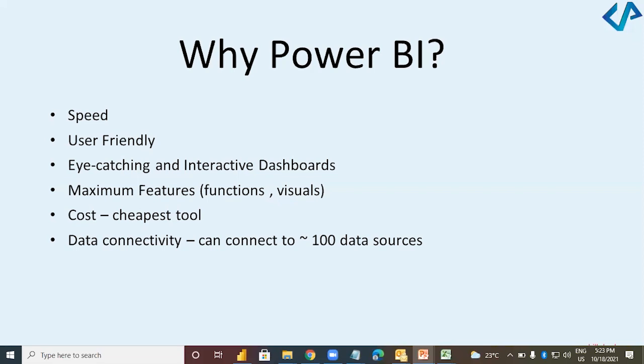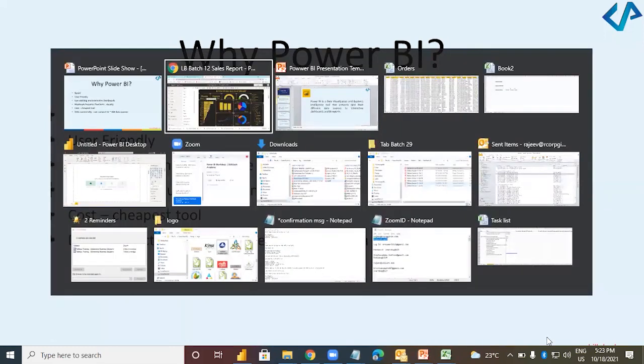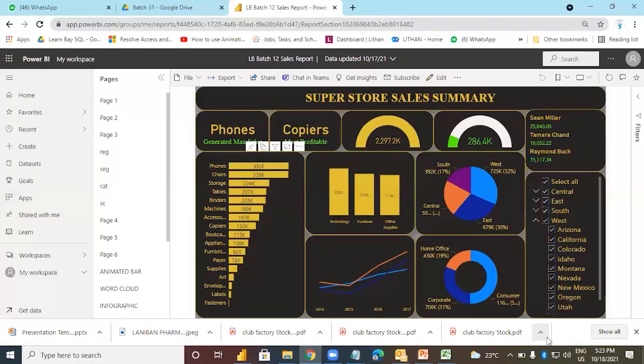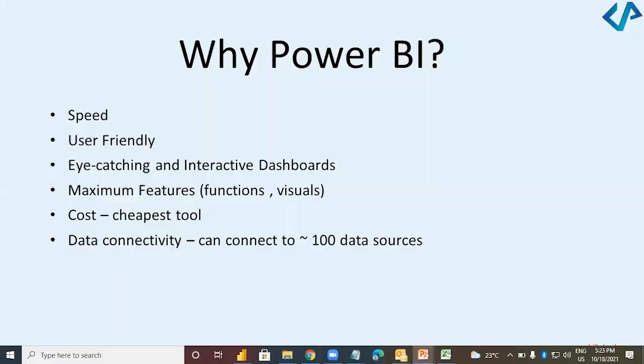As I have shown you, the dashboard, or to be more specific, I should call it a report, is presentable, easily understandable, and interactive. Interactive means dynamic, something which can be updated during runtime. So I can make changes to this report.